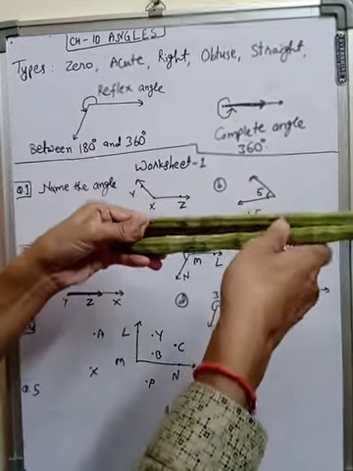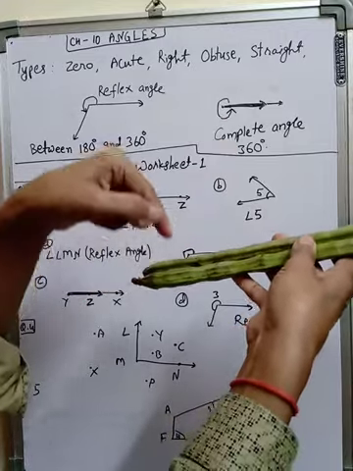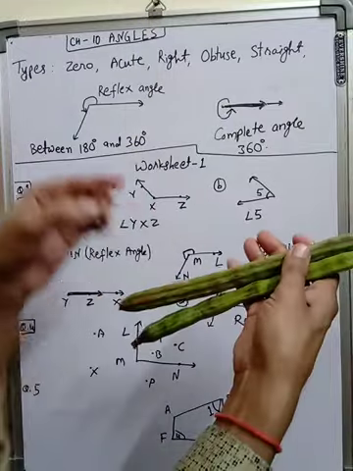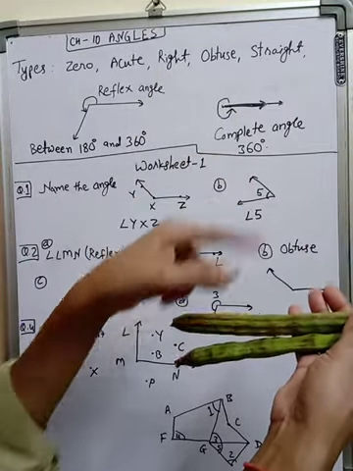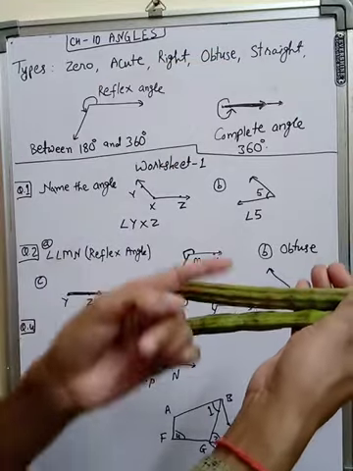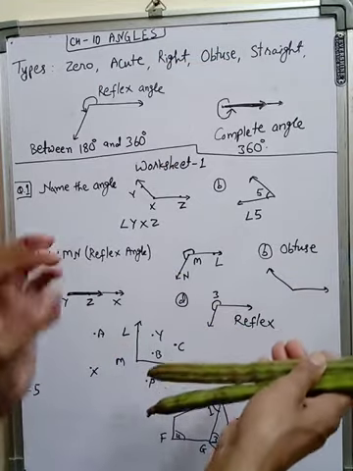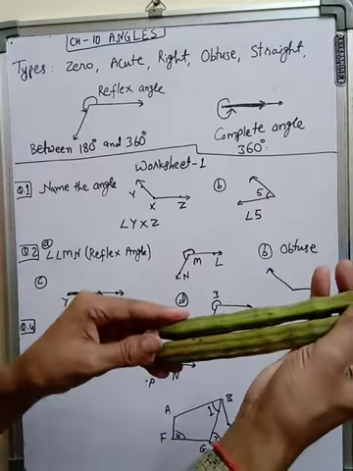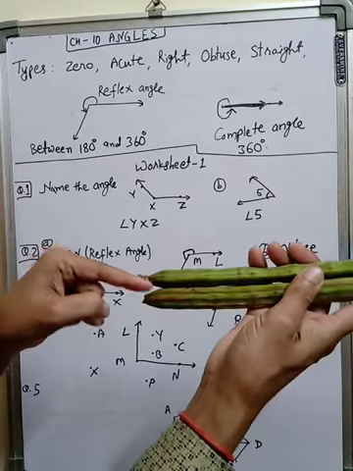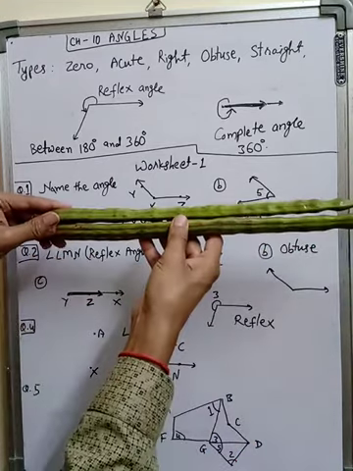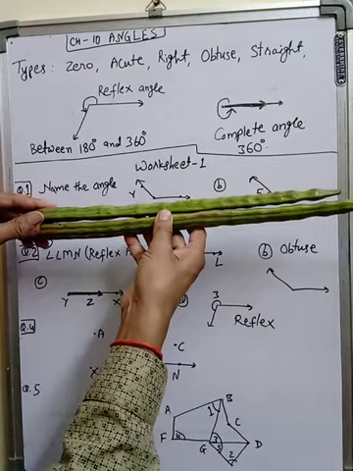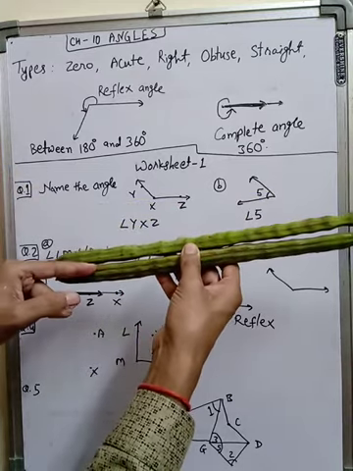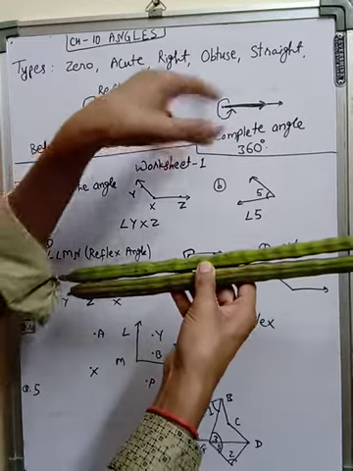And when it makes one complete round, from the beginning back to the start, it is called a complete angle, and that measurement will be 360 degrees. Yesterday I told you about the zero angle. Today, making one round and coming back, this is also 360 degrees, a complete angle. So how will we show the difference in the figure?